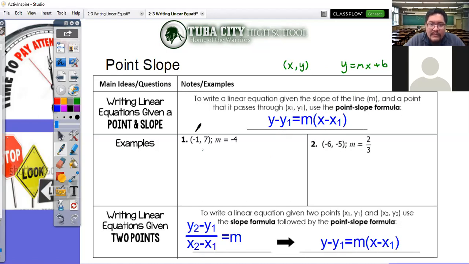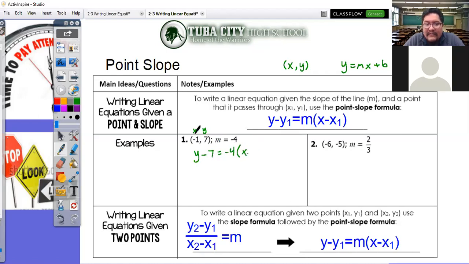So here we have our first ordered pair. It says it has to go through this point, and every point is made from an x and a y value. So let's plug it in. Let's just start with y minus, and here we have y sub 1. That's the first point. So this is telling you to use the point, which they give us as an ordered pair here. So grab the y value from your ordered pair, which in this case is 7, equals m, which we know is -4,